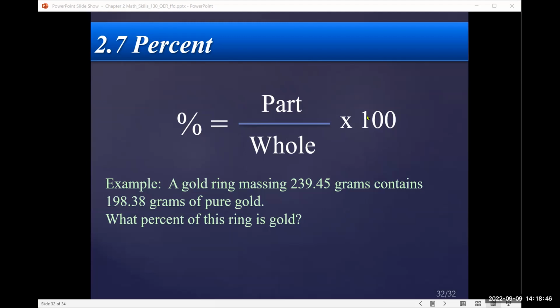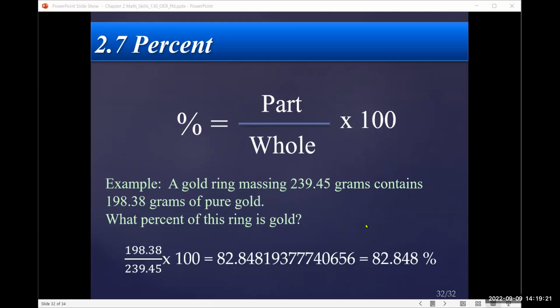For example, a ring has a total mass of 239.45 grams. It underwent analysis, and it comes back and says that of that 239.45, 198.38 grams of it is pure gold. Okay, calculate or determine the percent gold in this ring. So identify the part and the whole. The whole is 239.45, and the part is 198.38. Okay, times 100 gives you the big old number